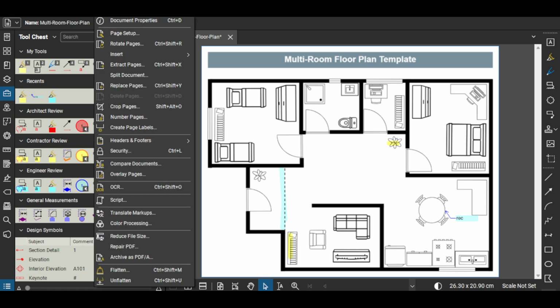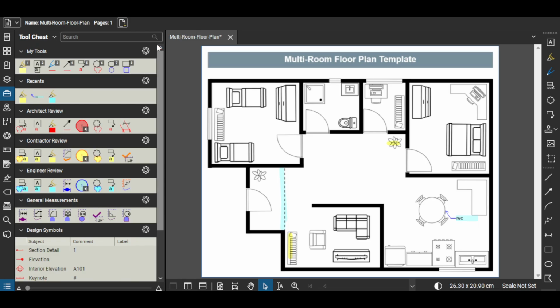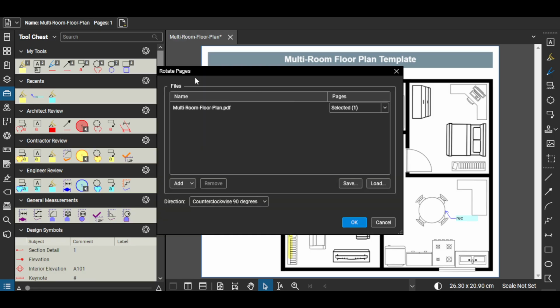In the dialog, first choose your rotation direction. You'll see options for 90 degrees, 180 degrees, or 270 degrees. A 90-degree rotation turns the page a quarter turn. It's perfect for pages scanned sideways. A 180-degree rotation flips the page completely if it's upside down, and 270 degrees is a three-quarter turn, effectively the